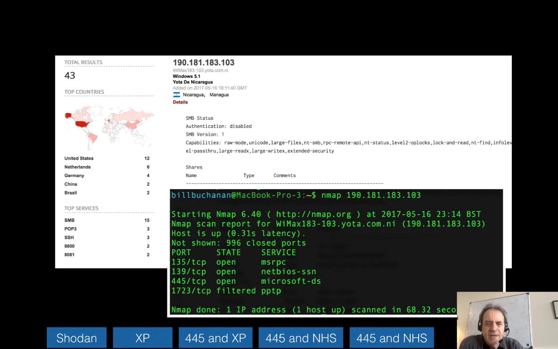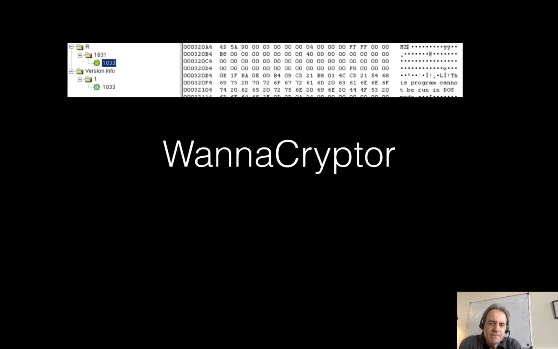Here's an example of this machine, and we can see that SMB is exposed here. Then when we run an nmap on the machine, we can see that one of the open ports is 445, and this was the protocol port that was used to distribute the malware.